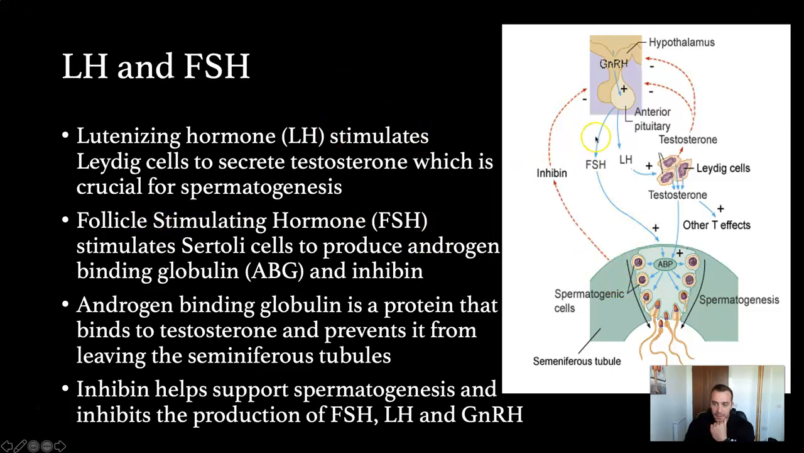However, FSH, which you can see coming down from the anterior pituitary, is going to stimulate Sertoli cells to produce androgen-binding globulin. It's also called androgen-binding protein, and something called inhibin. Now, this protein, androgen-binding globulin, binds to testosterone and prevents it from leaving the seminiferous tubules, shall we say. And inhibin helps support spermatogenesis and inhibits the production of FSH and LH